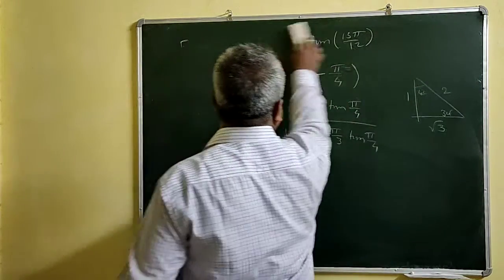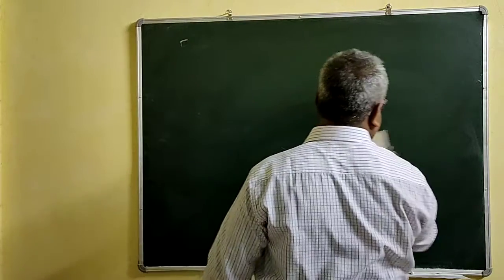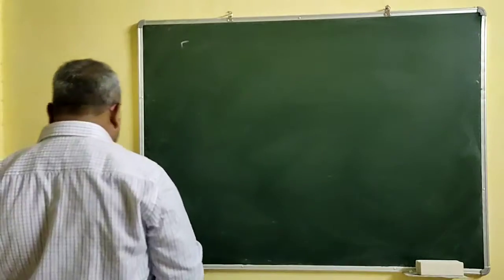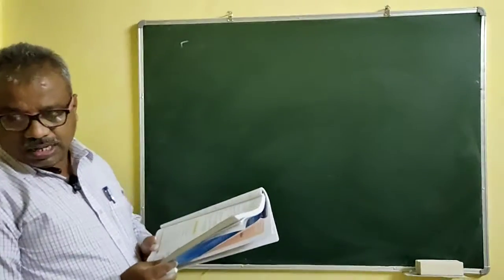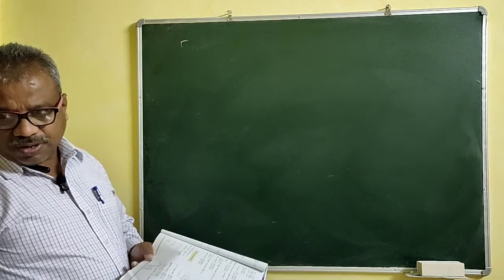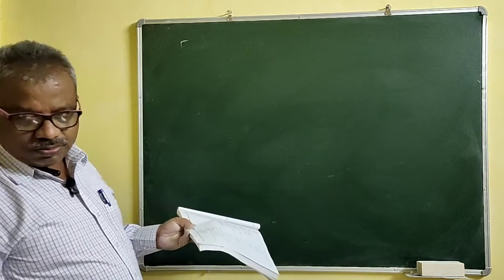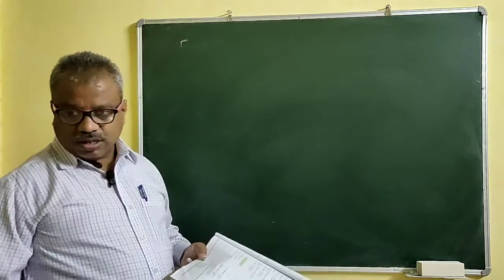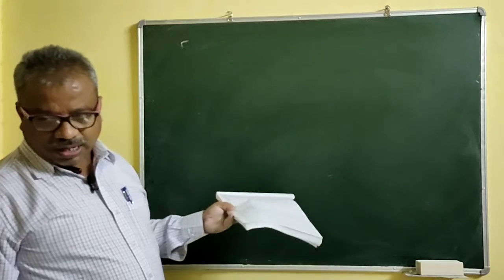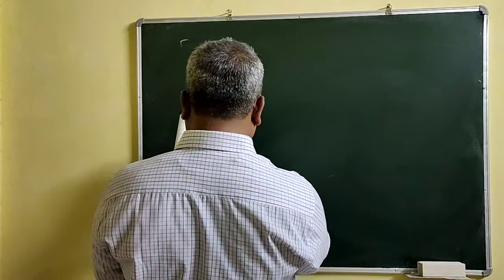So this is the application of the formula for A plus B, A minus B. We have to take care with tan, because tan pi by 2 is infinity. But tan pi is 0, no problem for tan pi. You can apply it there. Tan pi is sin pi upon cos pi, and sin pi is 0. You can apply it for tan pi. So no problem for tan pi.